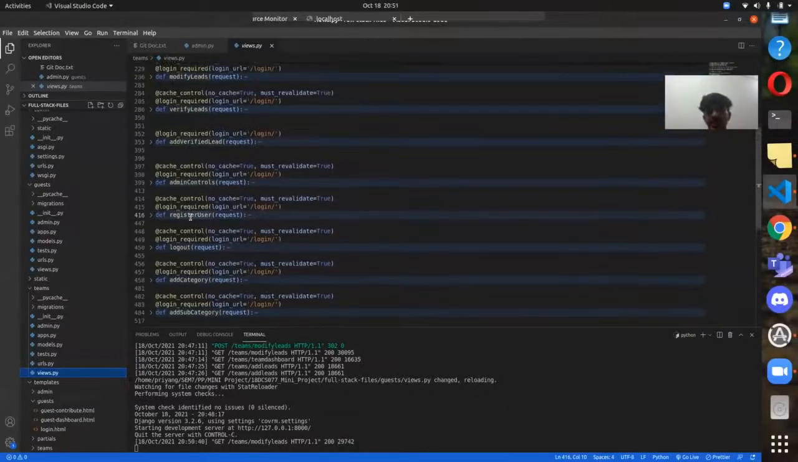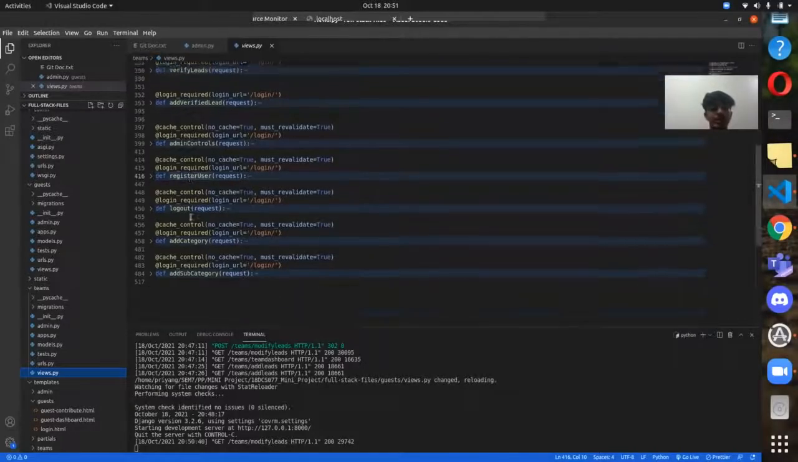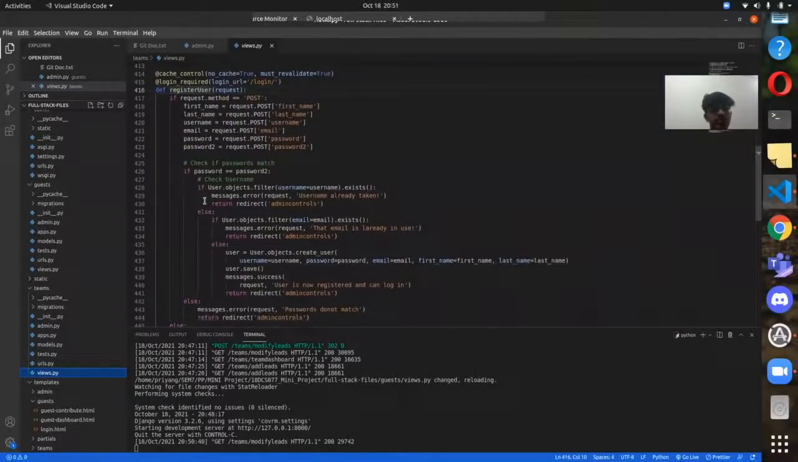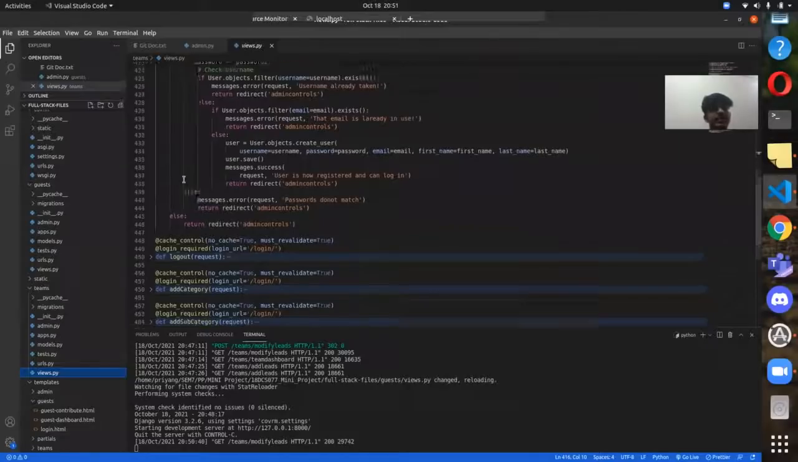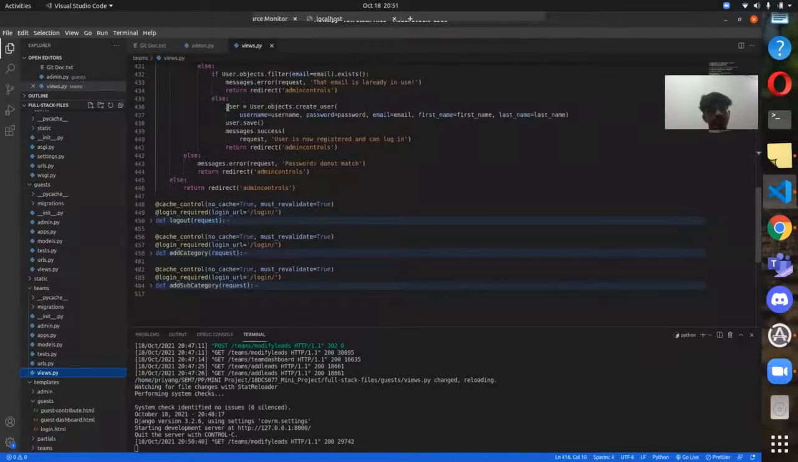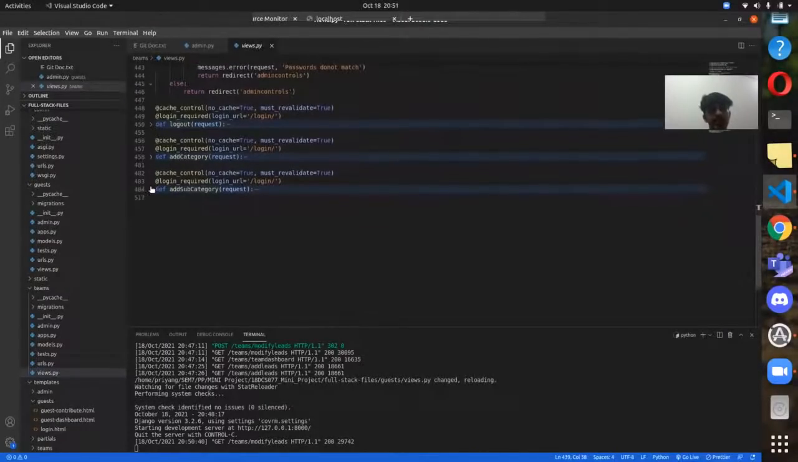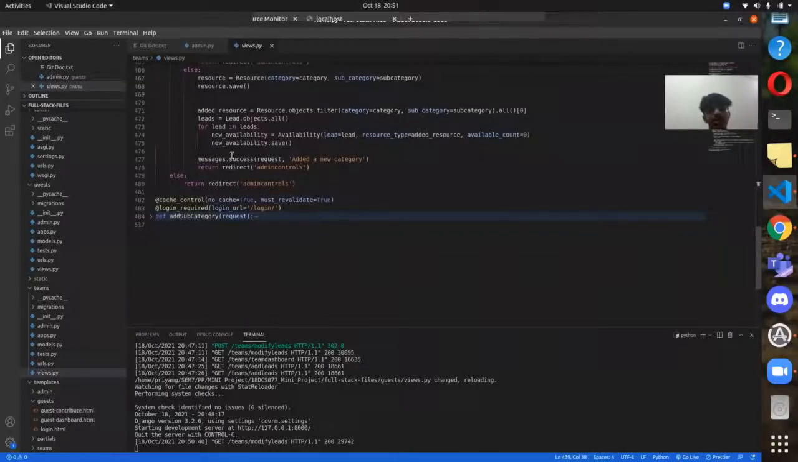All the functions which are in the guest are included in teams, but we have head of organization and also the users made by the head. So a head can register a user, can add a category of resources and also add subcategories of that. Similar to the other post requests, all these have the same functionality. We just make an object of a user and save it into the database, right? Similarly, for add category, we just created an object of resource and saved it to the database. Similarly for the subcategory,